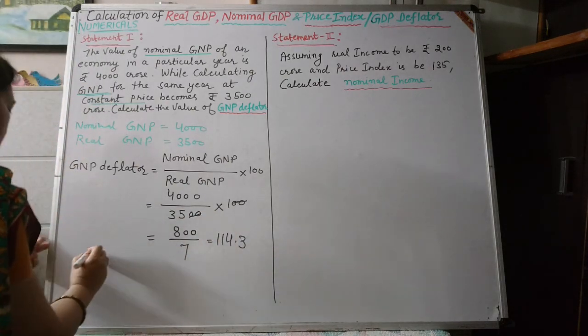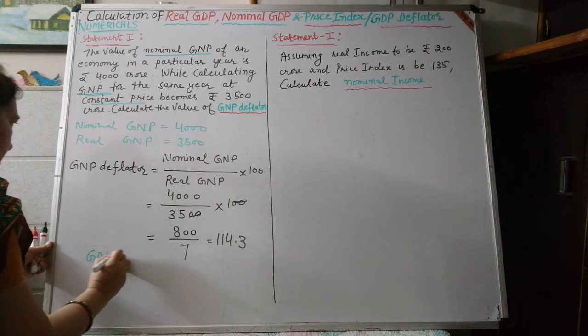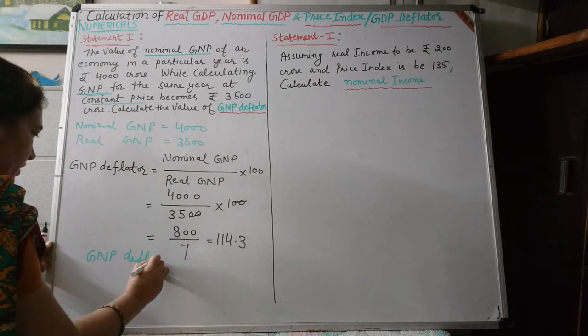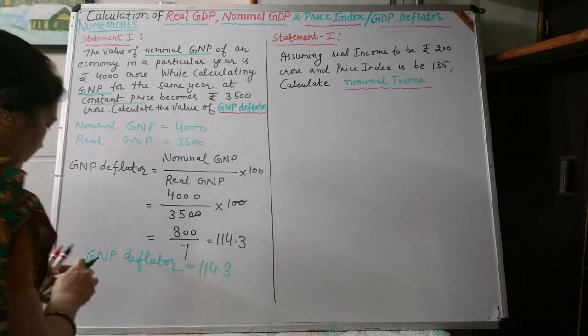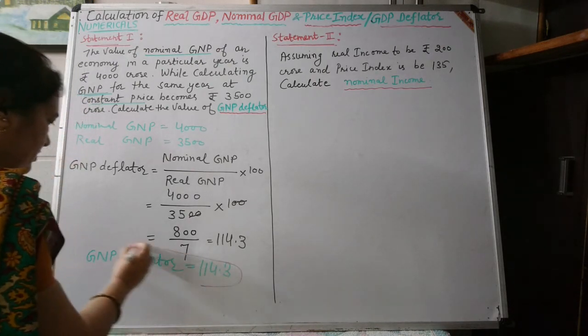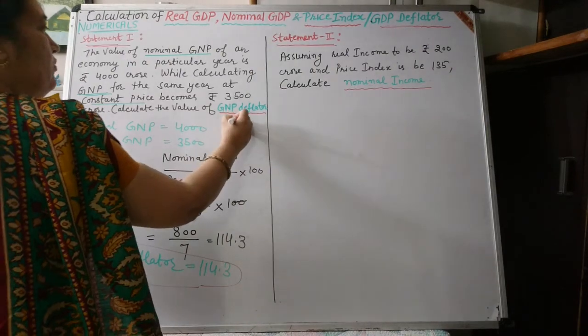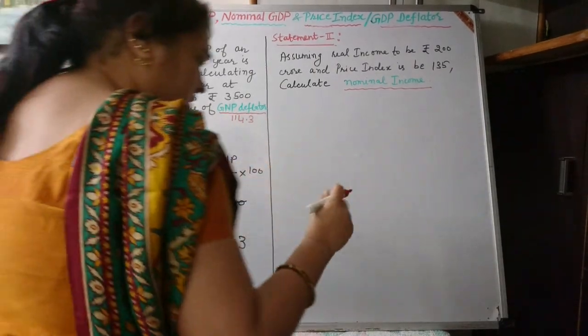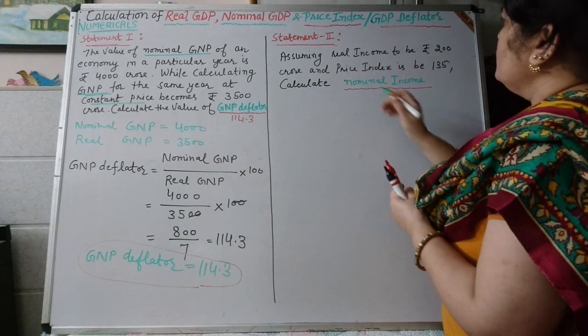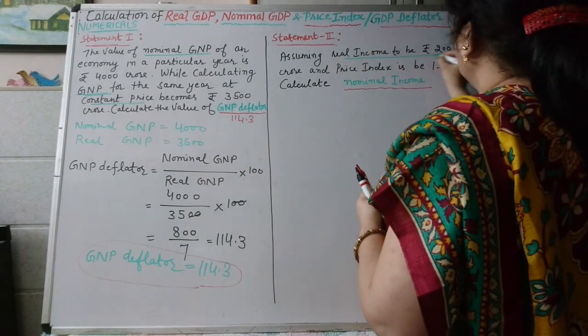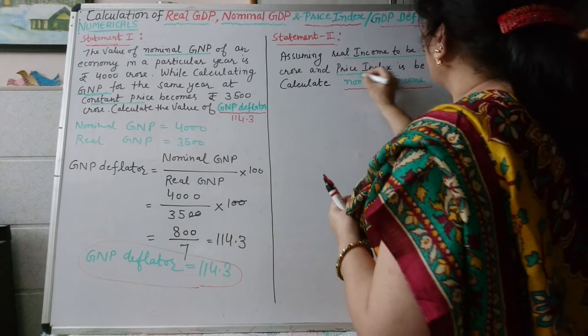So the GNP deflator is equal to 114.3. This will be the answer, 114.3. In our second statement, whatever is given, assuming real income to be rupees 200 and price index to be 135,